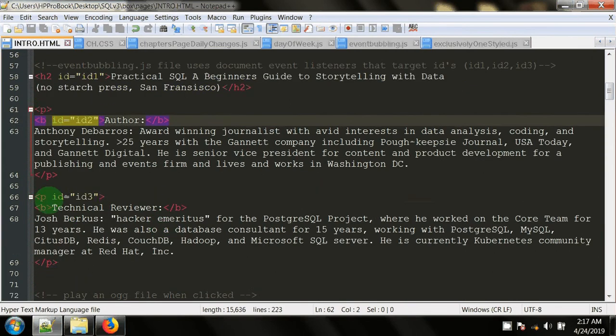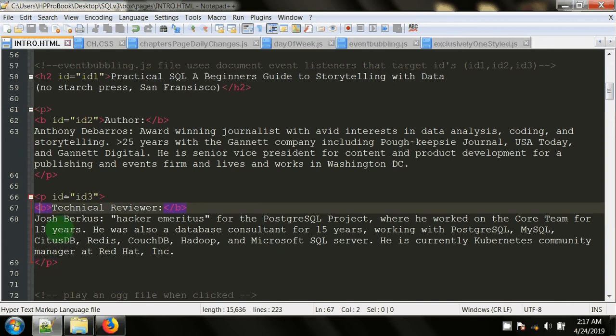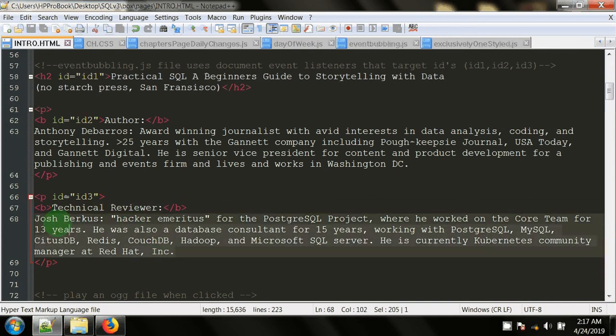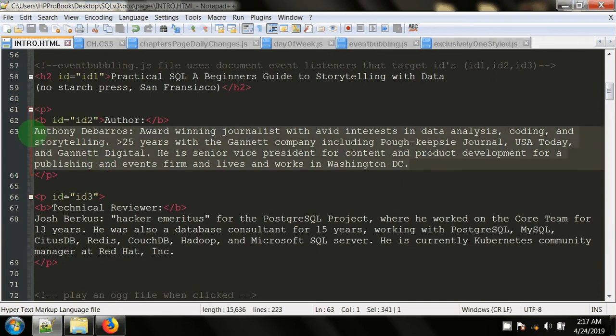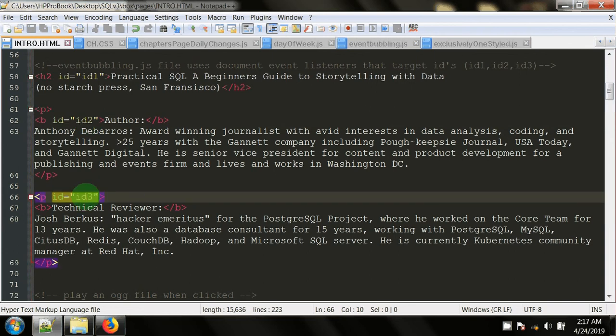You go down a little further and we have another paragraph, but this time we gave the paragraph tag an ID, and it's got ID equal to ID3. There's another bold pair that bolds technical reviewer, and then there's a bunch of stuff right here that belongs to the paragraph, just like there's a bunch of stuff here that belongs to this paragraph above it. Now the reason I'm showing you these IDs, ID1 for the H2 tag, ID2 for the bold tag, and ID3 for the paragraph tag